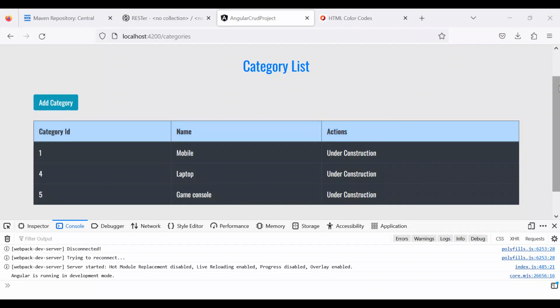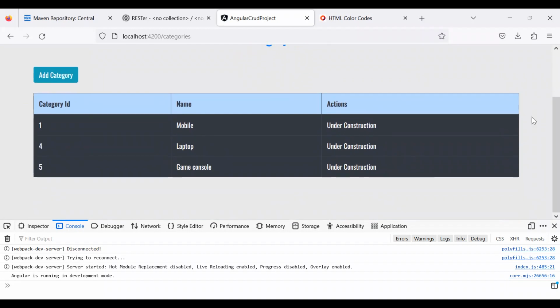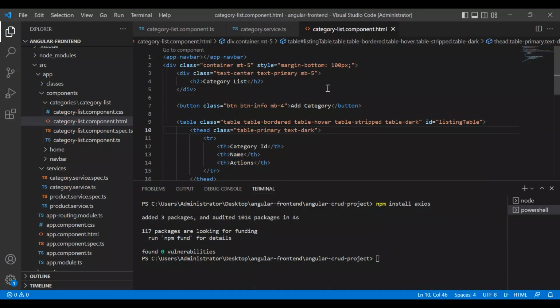Everything is working well so far, and let's continue with our application. We have displayed our categories from the REST API, and I want to do some things here. First thing, let's move this text to the center. I will just go to the category list